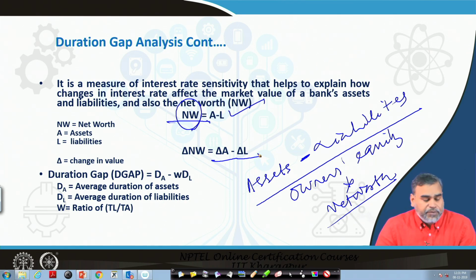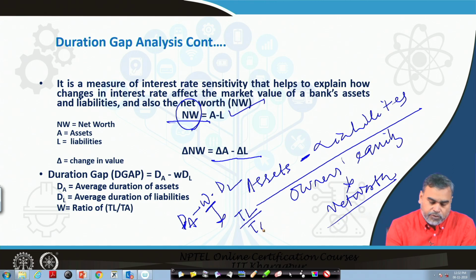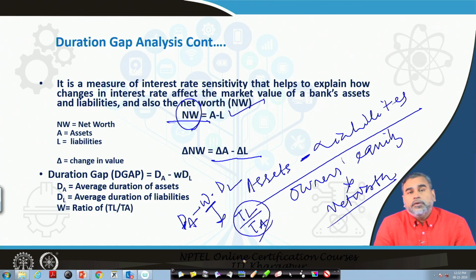And what is the duration gap in this case? Duration gap is calculated in this way. If you can calculate the duration of the assets, this is the duration of assets minus some weight W into DL. And what is this W? W is basically nothing but your total liabilities divided by the total assets. This is the weight. And why is there a difference between total liabilities and total assets? That difference is nothing but the equity. How much equity the particular bank is holding,